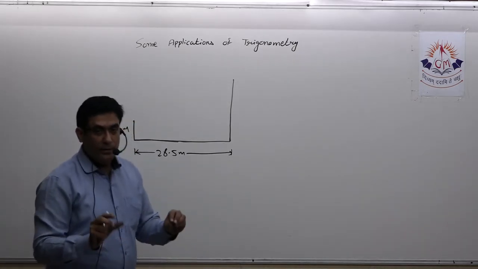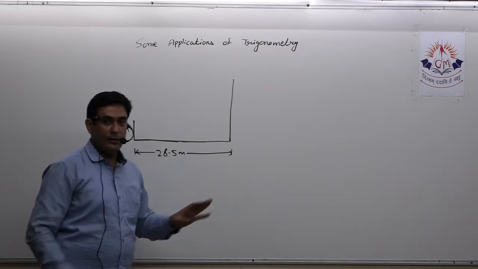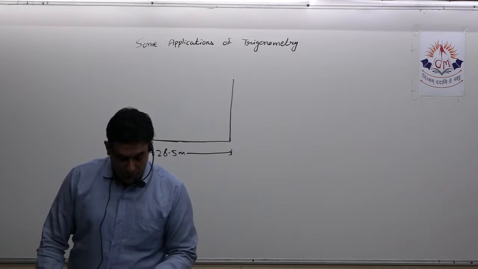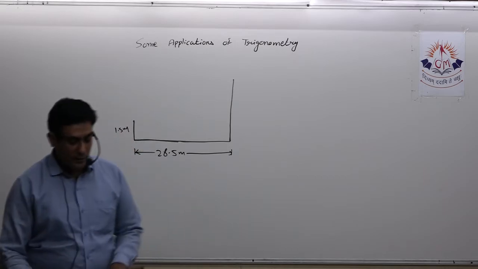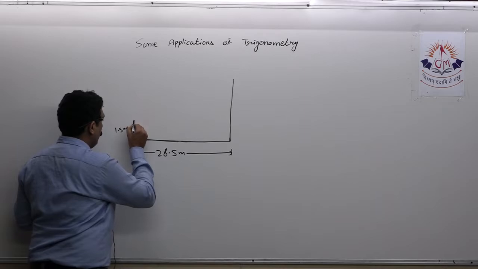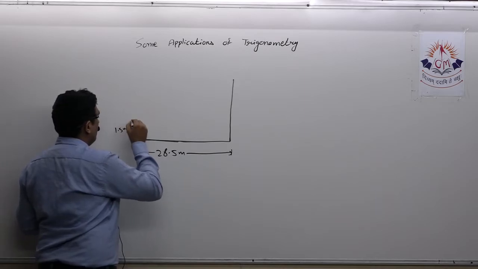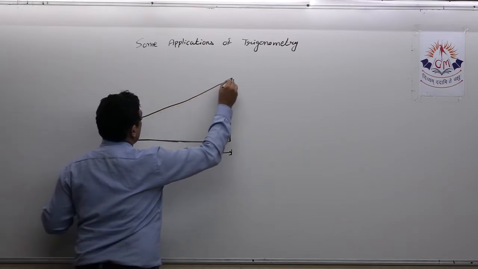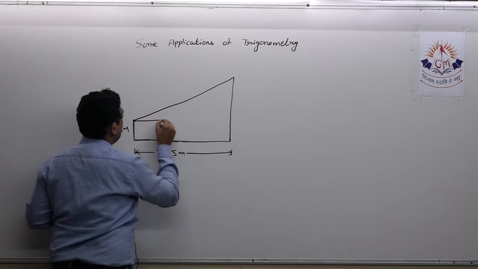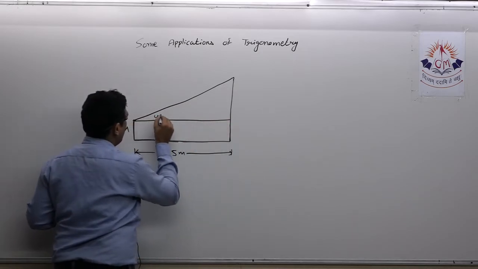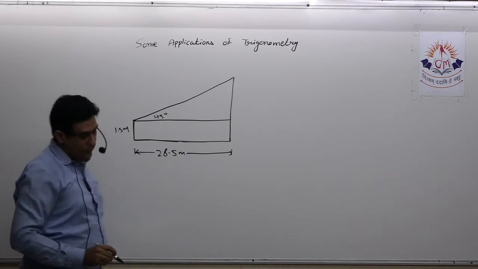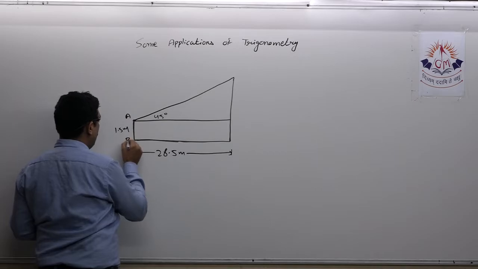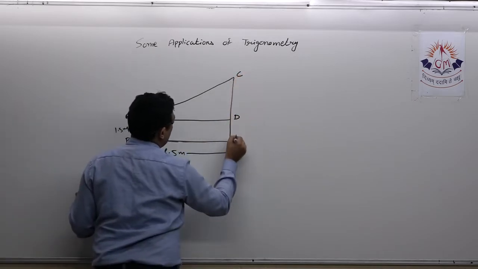Now further, read the question and draw accordingly. It's not necessary that you read the question completely and then draw the diagram. The angle of elevation of the top of the chimney from her eyes is 45 degree. So this is the 1.5 meter tall girl. From her eyes, from here I am observing, the angle of elevation is 45 degree. That means this angle is 45 degree. What we have to find? Height of the chimney. So if I name it, this is A, B, C, D, E.